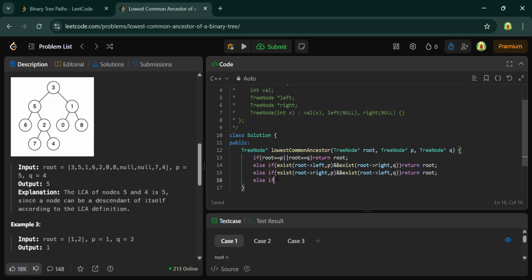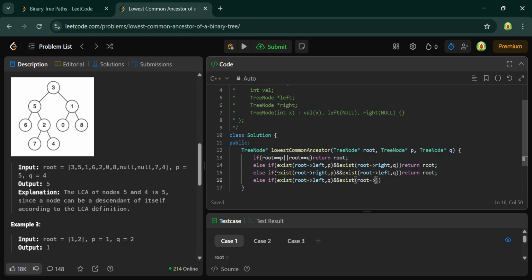Okay, else if exist root's left comma Q, and exist is a function I will make later on.